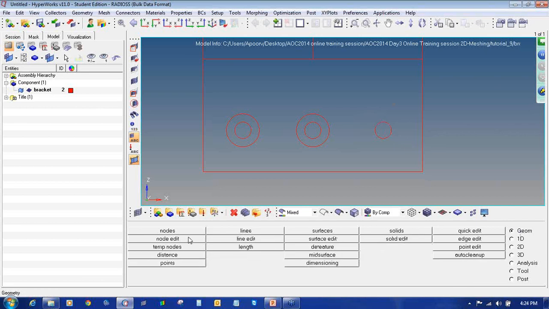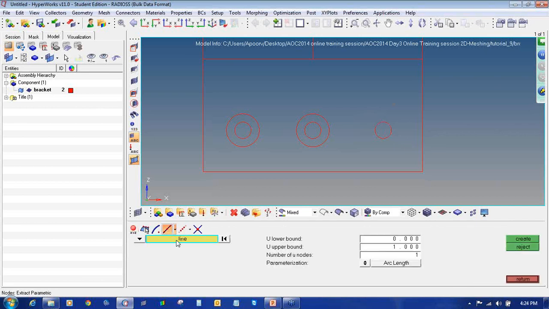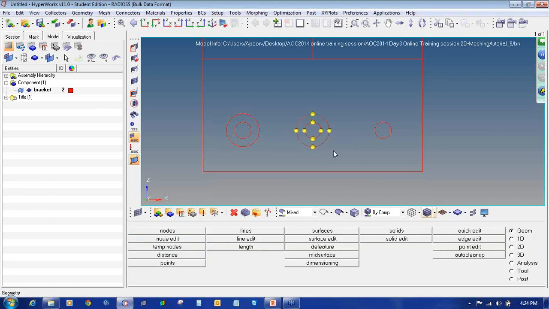So I will go to geometry, nodes and click on the 4th option, that is interpolate, extract parametric, and enter the number of nodes to be, say, 5. Select this line and say create, and select this line and say create. So now I have created the nodes to find out the distance.